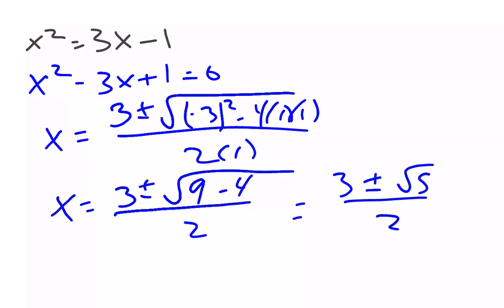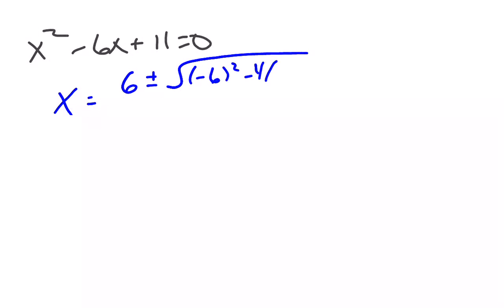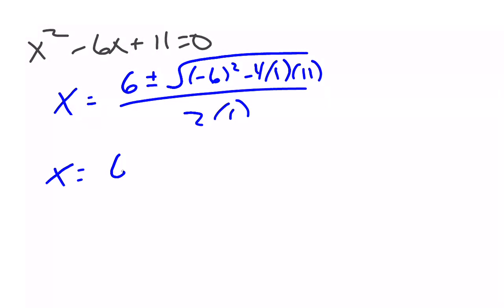Since the square root of 5 doesn't simplify at all, I'm done and I move on. This one is already in standard form, so I start singing my song. X equals opposite b plus or minus square root b squared minus 4ac all over 2a. So 6 plus or minus the square root 36 minus 4 times 11 is going to give me 44